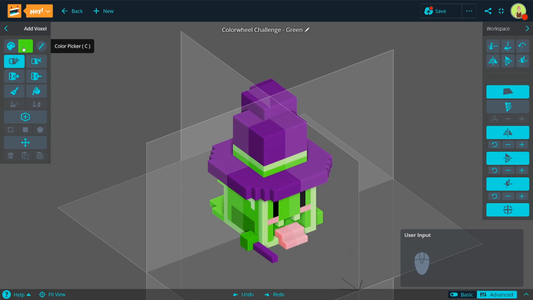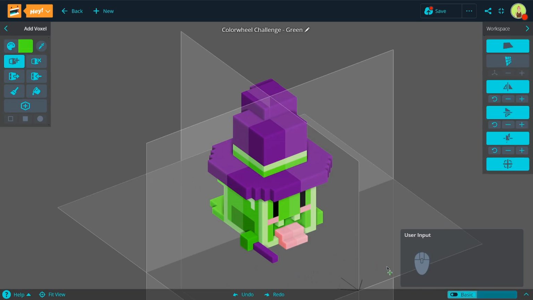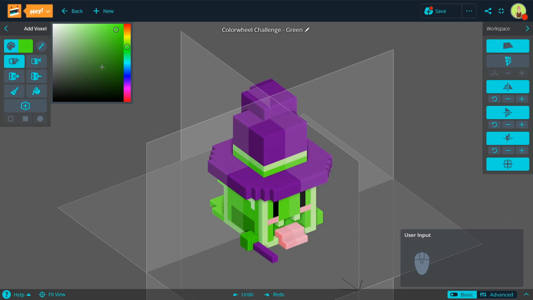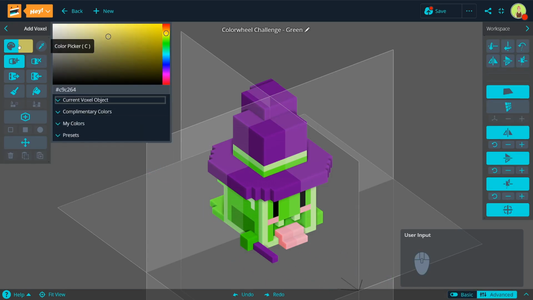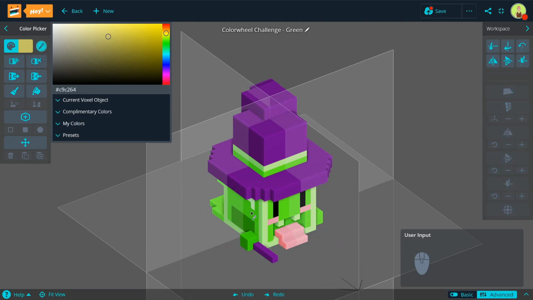So we have our regular color picker in basic mode, which just looks like this, and you can slide the colors around. You can shift your hues and slide your values and saturation manually like so. But if we jump over into advanced mode, this expands quite a lot. Let's just go through this probably from the bottom up here,